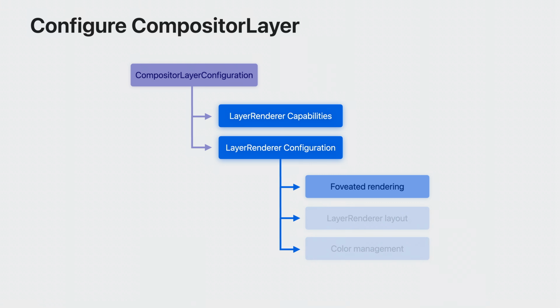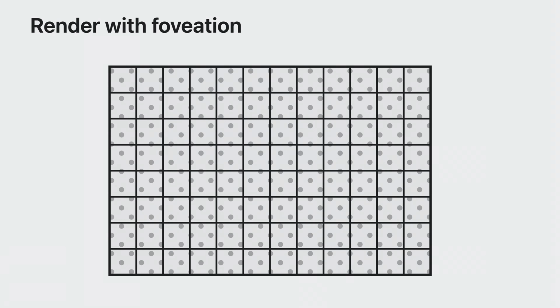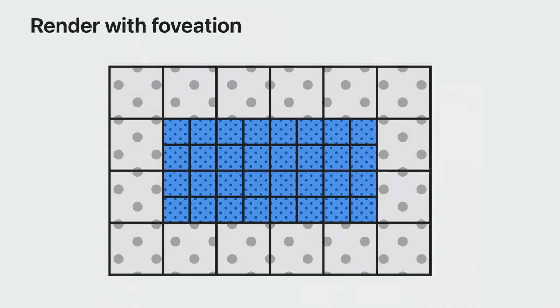The first one is foveated rendering. The main goal of this feature is to allow you to render content at a higher pixel per degree density without using a bigger texture size. In a regular display pipeline, the pixels are distributed linearly in a texture. XROS optimizes this workflow by creating a map that defines what regions in the display can use a lower sampling rate. This helps reduce the power required to render your frame while maintaining the visual fidelity of the display. Using foveation whenever possible is important, as it will result in a better visual experience.